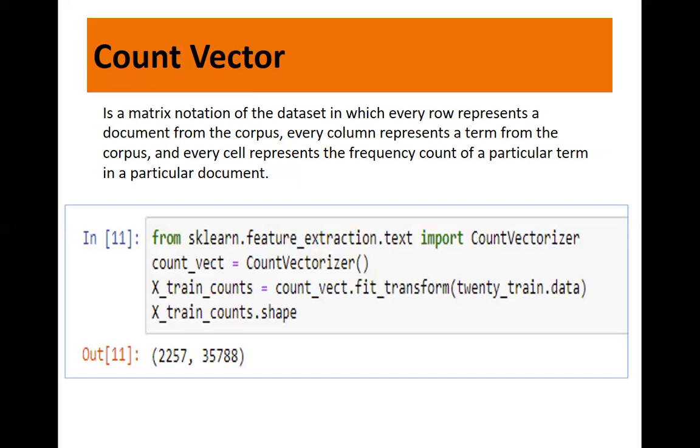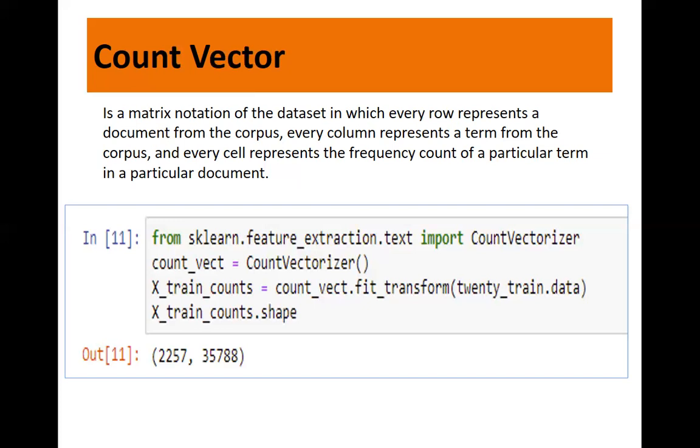Another refinement is that we downscale weights for words that occur in many documents in the corpus and are therefore less informative than those that occur only in a smaller portion of the corpus.